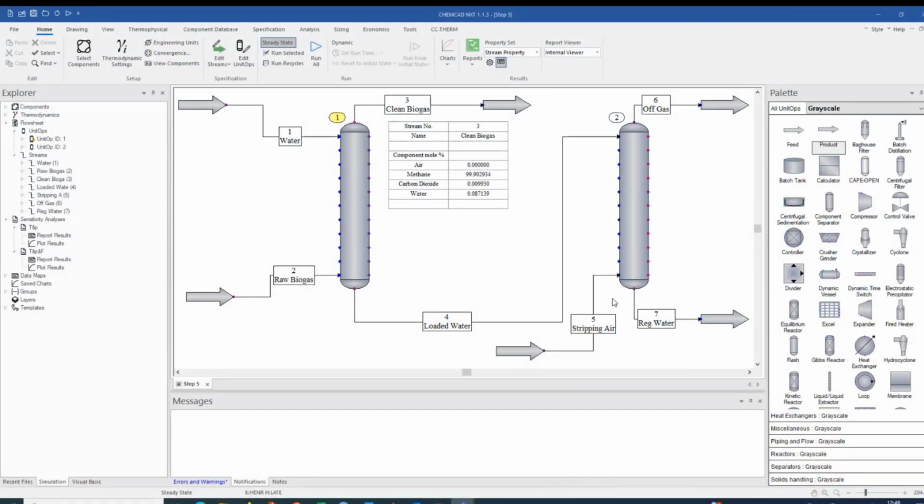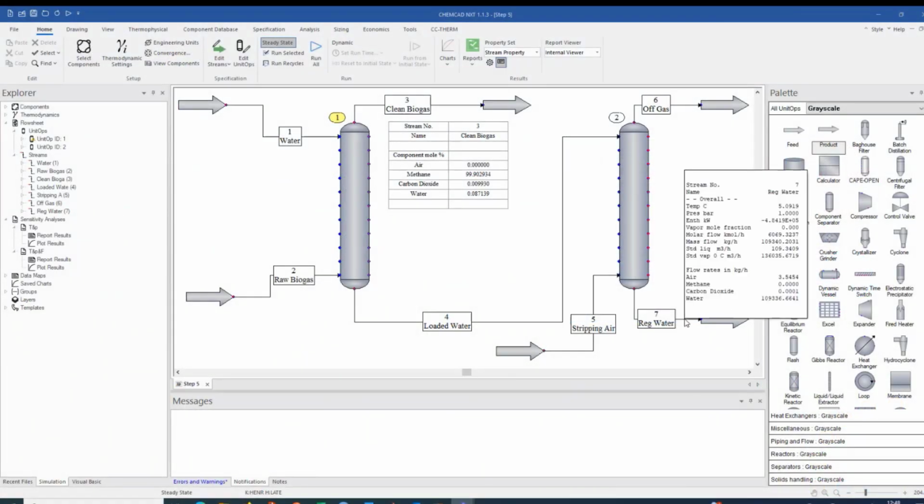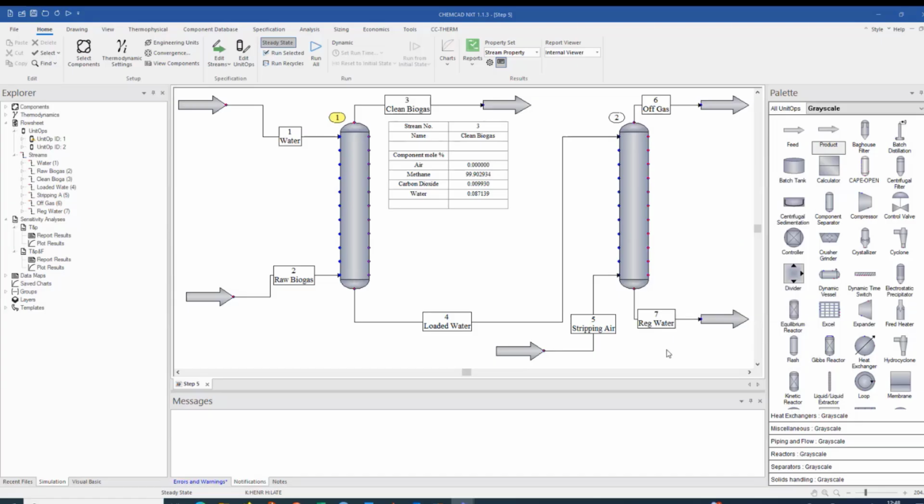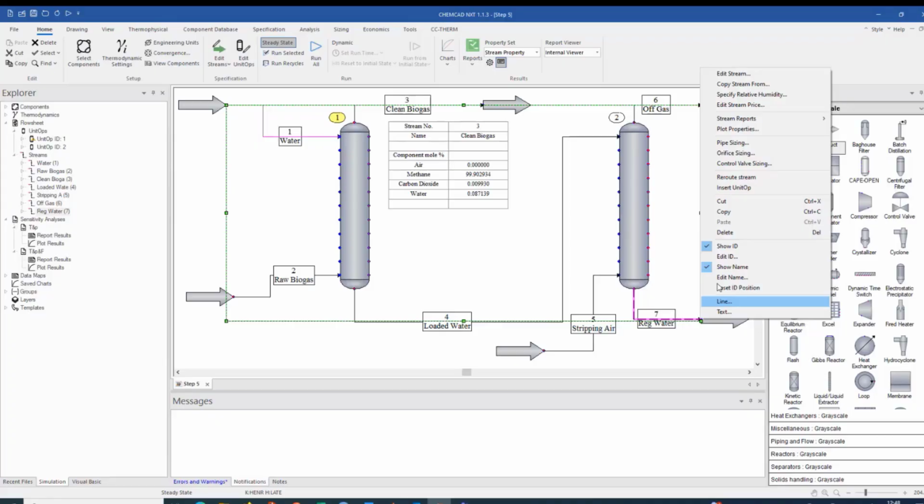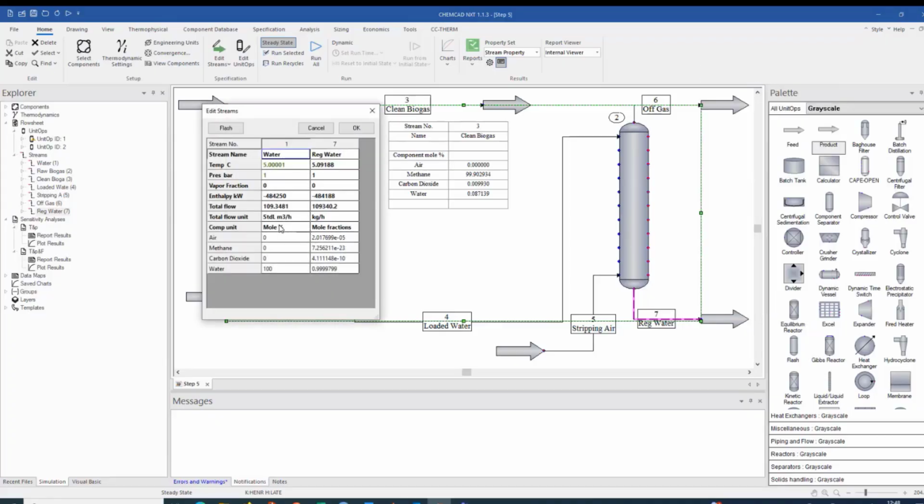Now we have generated or regenerated our water, and we can close the cycle. So use the regenerated water instead of the fresh water here. But let's first have a look at the mass balance. So I select both streams again by using the Control button, edit streams, and if you look at this